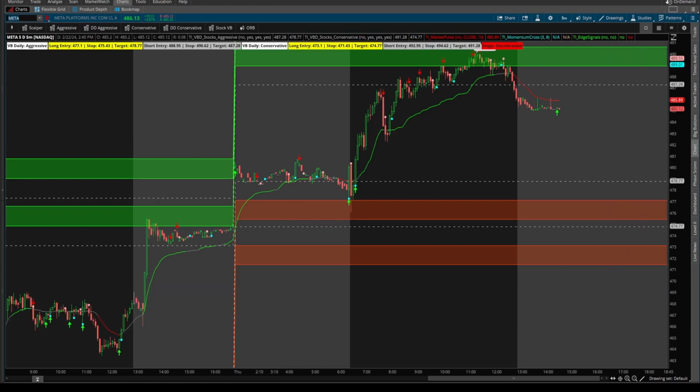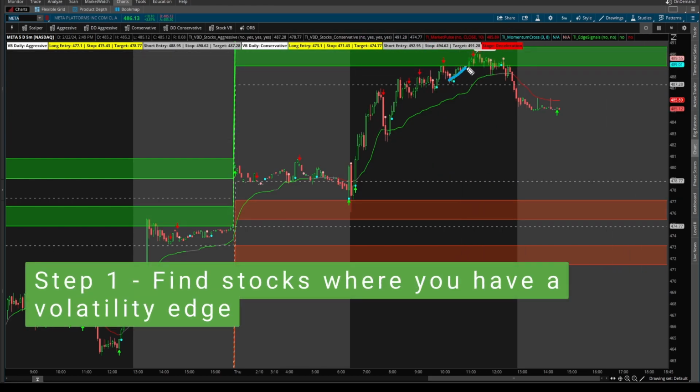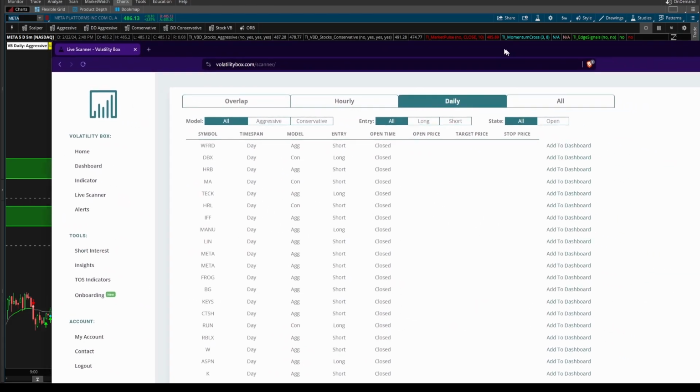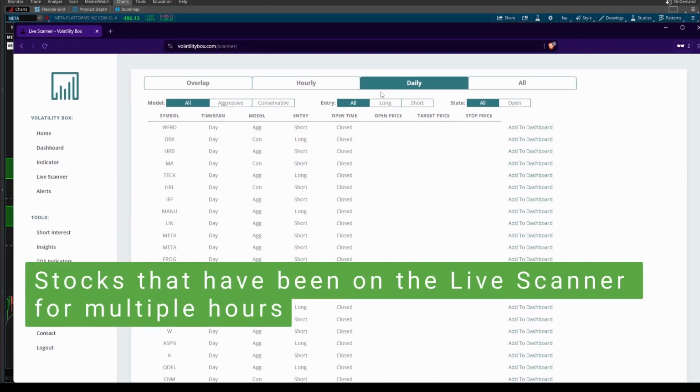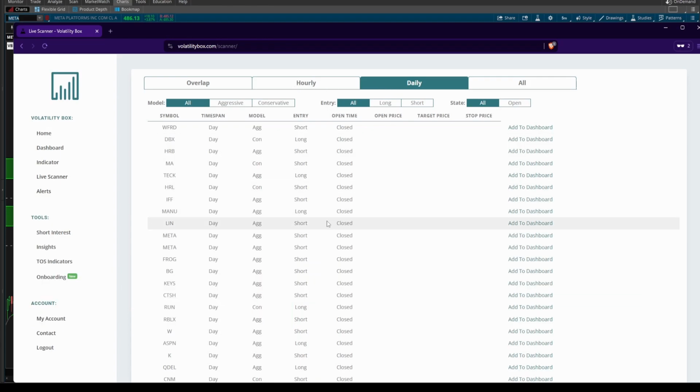Now, the setup starts with first finding stocks which have breached the volatility box models, but have not really gone anywhere for much of the day. For all of our Stock Volatility Box members, these are typically the stocks when, if you come into either the daily or the hourly tab, you'll see that the timestamp is from earlier on in the day. So you'll see that those stocks remain on the scanner for quite some time, and today an example of that